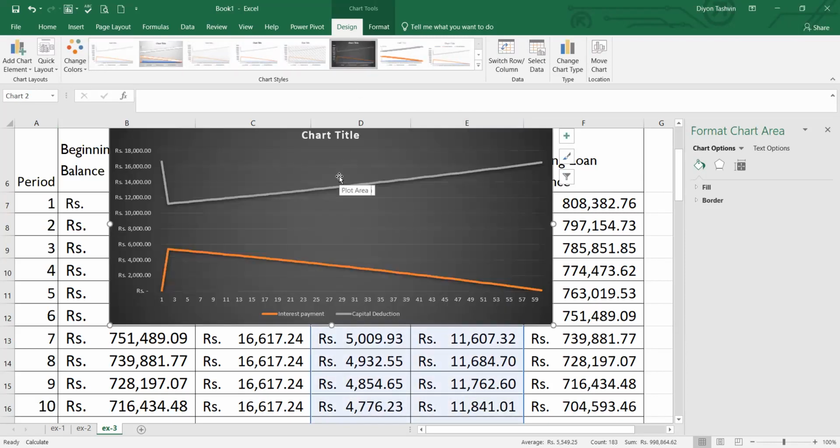You can see in the beginning period, interest is 0 and it is gradually increasing, and the principal is gradually decreasing. Why? Because here we have paid at the beginning of the period. Now you can see the principal amount. Earlier it was really high, then it has gradually decreased, then it has gradually increased. So now I will add another one,